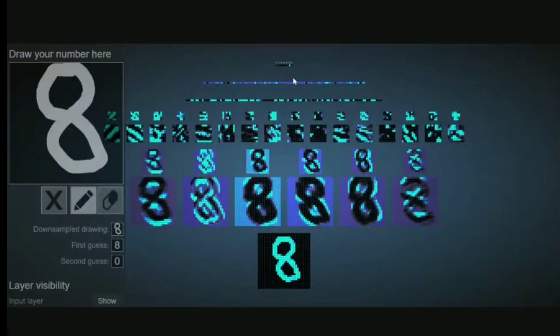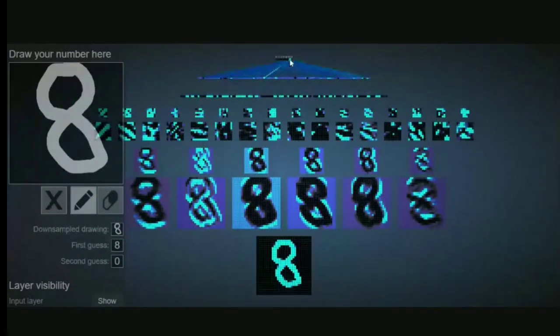Can you see that the 8 has been highlighted in the final output? In the final output, we have a total of 10 neurons, and the output neuron labeled 8 has been highlighted. So this is the 2D presentation. It is better if I show you the 3D representation. Just a second.